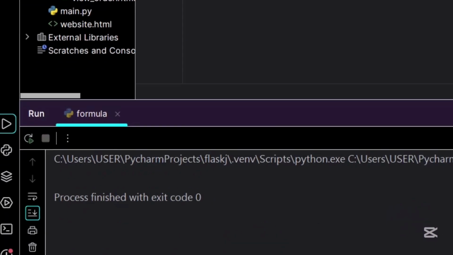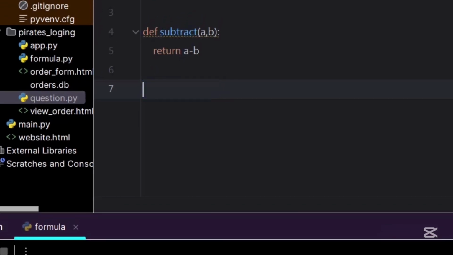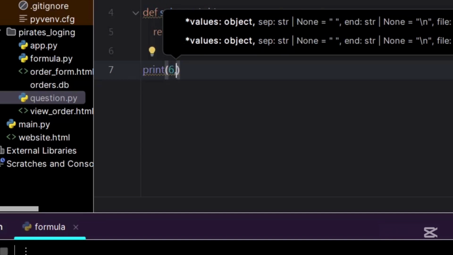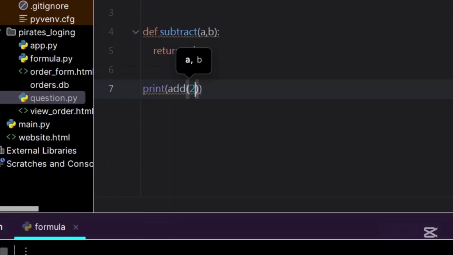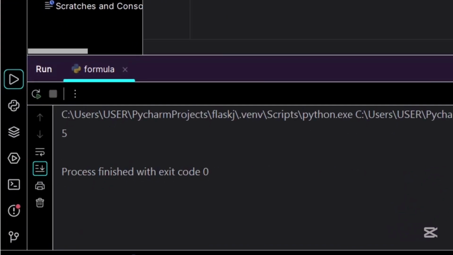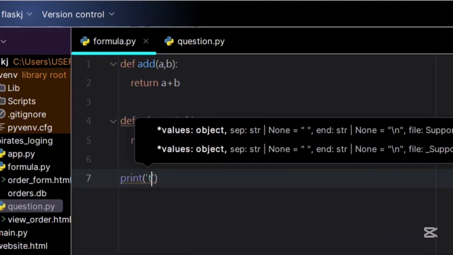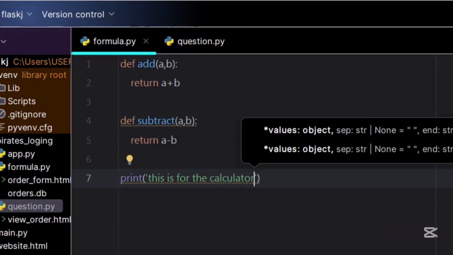And now it'll give me nothing unless I want to print it. Then if I run the code, it's printed out. But that is not what we want. This is a calculator, or this is a cheat for someone, I don't know. So now we would say print, just to make sure the person won't get confused. We're going to say print, this is for the calculator. Okay. Now that we've done this,